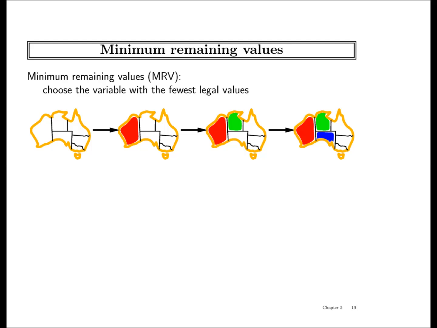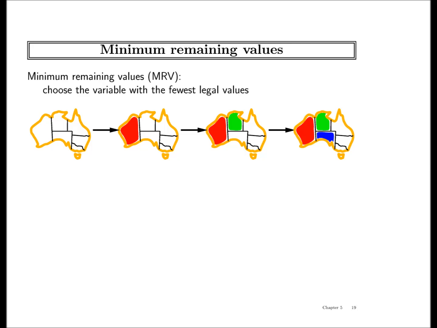Alright. Now I want to get to what you guys said. You can add on a second value, because the minimum remaining values is good, but often it will give you exactly the same numbers. Like for example, it gave you this and this. If I just asked you, I have assigned this guy red, what would you assign next? South Australia. Would you assign Northern Territory first, or South Australia, or you don't care?